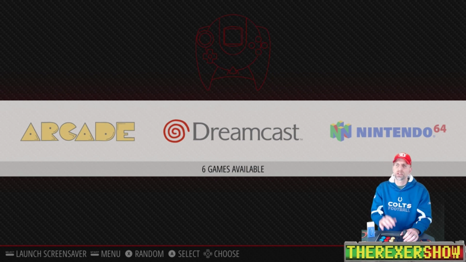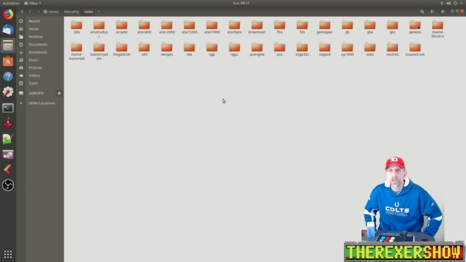But for today, let's go over Dreamcast. To start, let's take a look at the files and the games that I'm going to be running in the BIOS file. So here's my folder with my ROMs. My folders look a little different. That's because I'm on Ubuntu running on my Lattepanda. I do not have Windows, so my setup, my aesthetics look a little different if you're not familiar with Linux-based